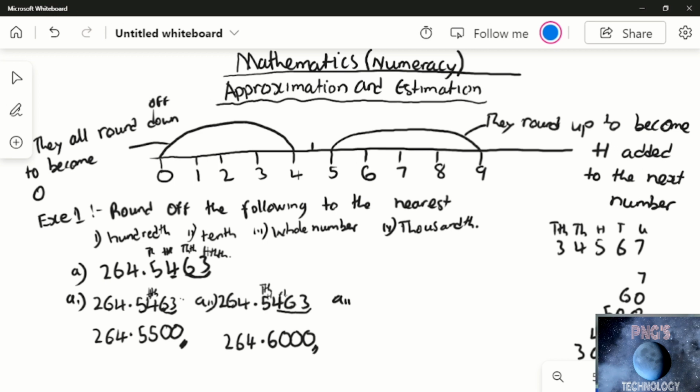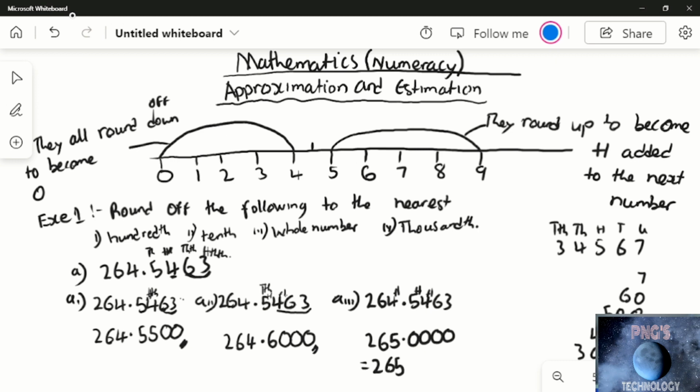Then A3 to the nearest whole number. So we don't want any point something. We just want a whole number. So we have 264.5463. So 3 becomes 0. 6 becomes plus 1 here. Space is now 0. 4 plus 1 becomes 5. 5 makes plus 1 here. Here becomes 0. 5 plus 1, 6. 6 makes plus 1 here. Here becomes 0 point. Then 4 plus 1 is 5. Then 6, 2. So final answer becomes